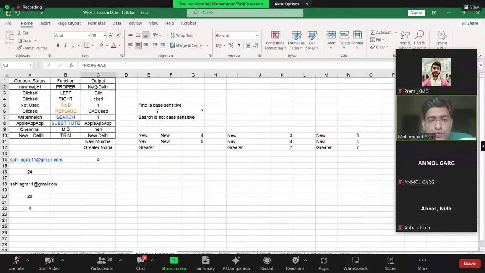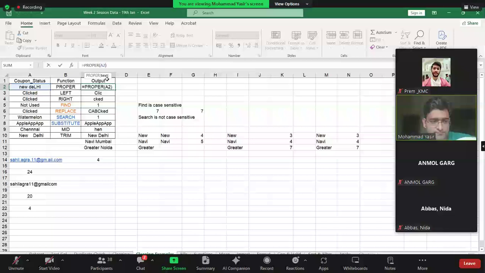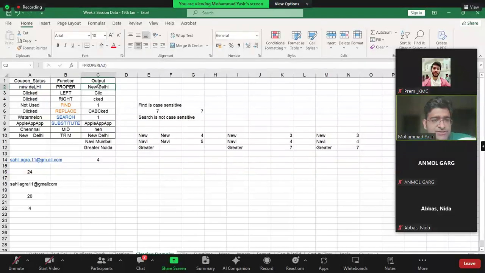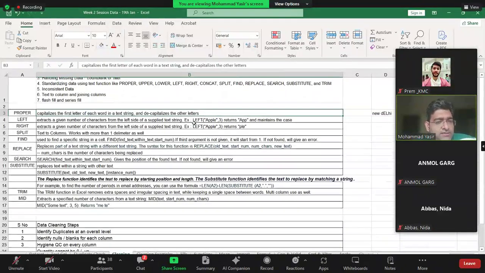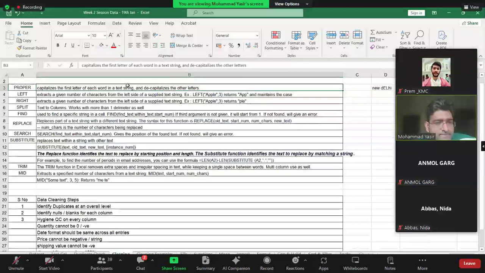So the function to do it is PROPER. Put the input string. Right? So it will change the upper and lower case. So this is the first function, it capitalizes the first letter of each word and decapitalizes all the other letters. Right? So very simple function here.